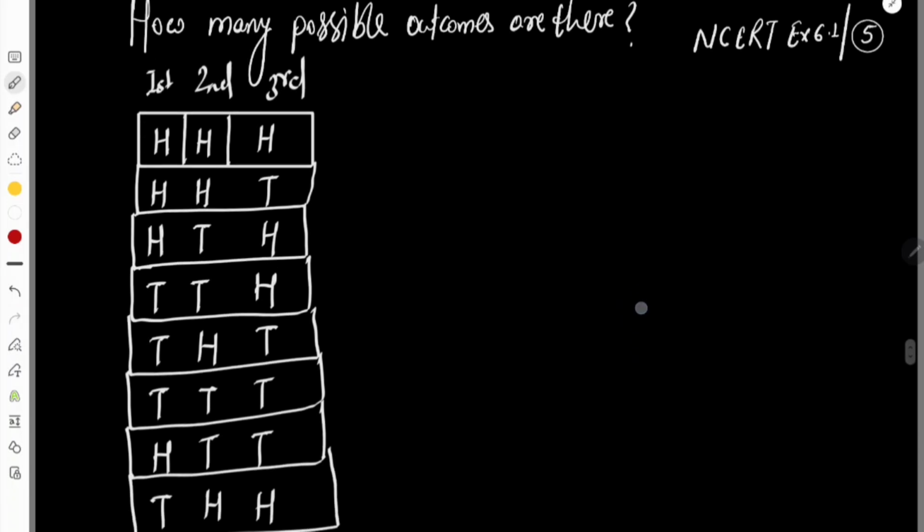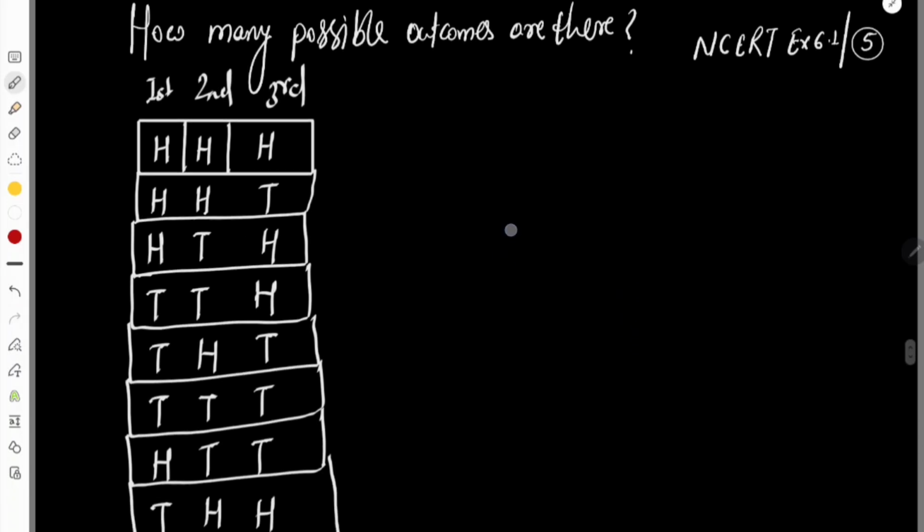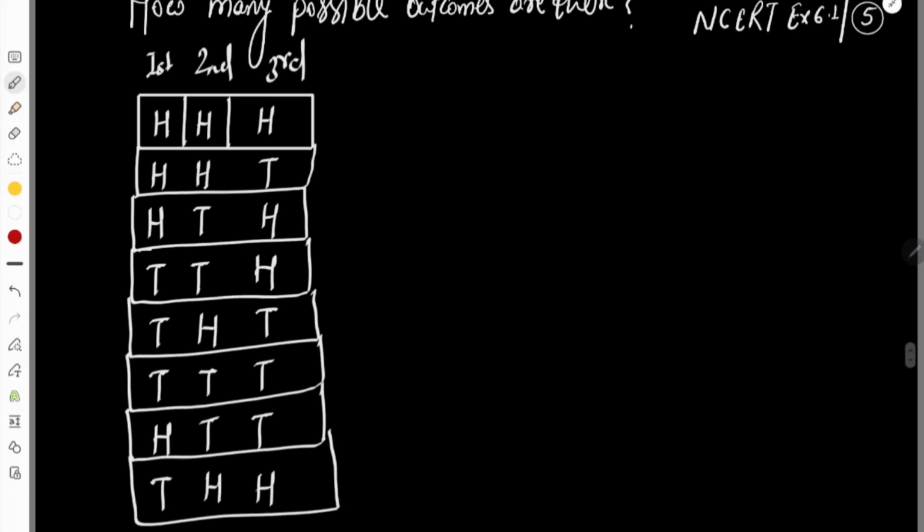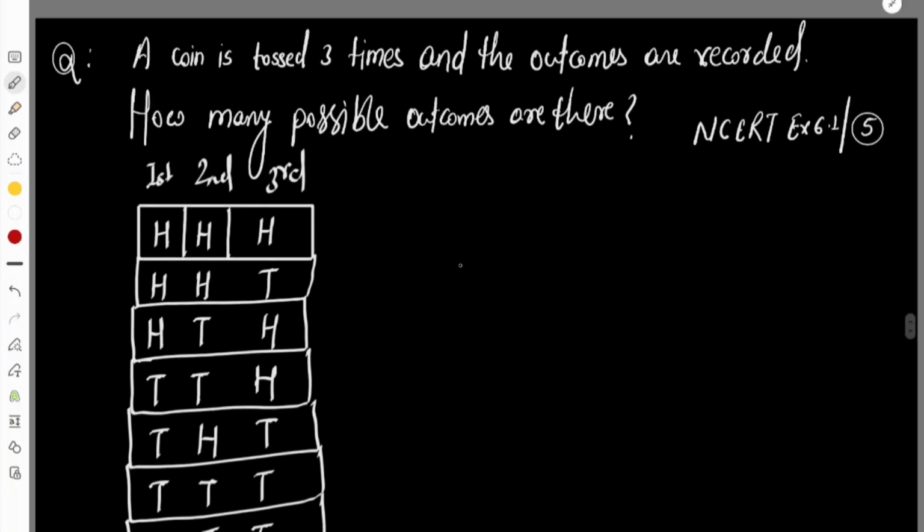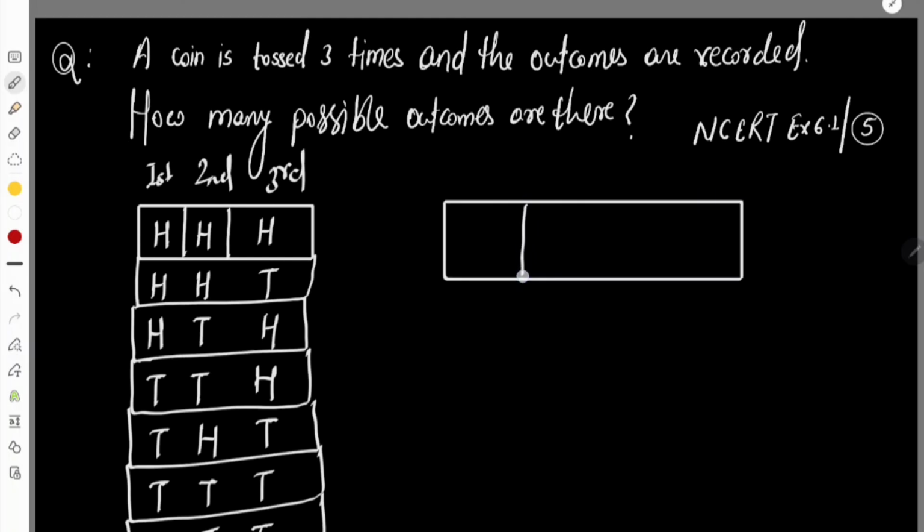Okay, 8 possibilities are there, means we can record in the 8 ways. Manually we are counting. Let's try to think another way. Okay, now what is the way, you see what I am saying? It is nothing but these are the 3 places I need to write, correct? Now, the outcomes that it can be